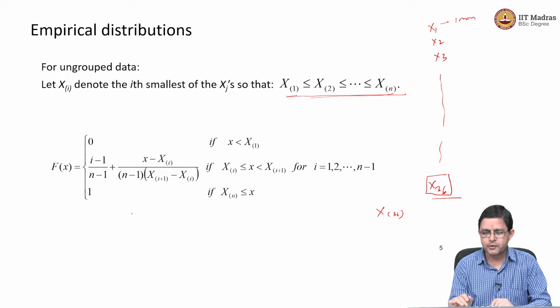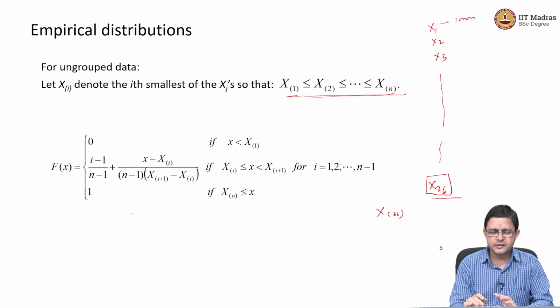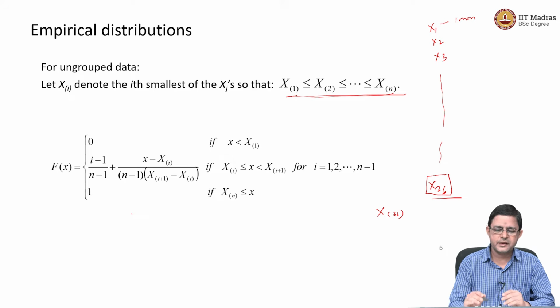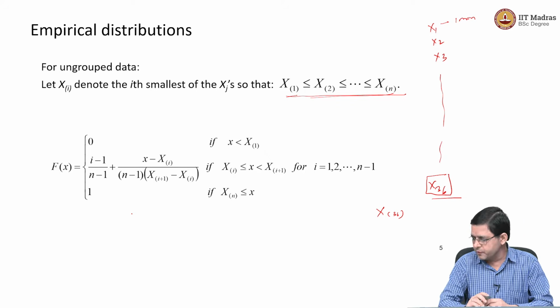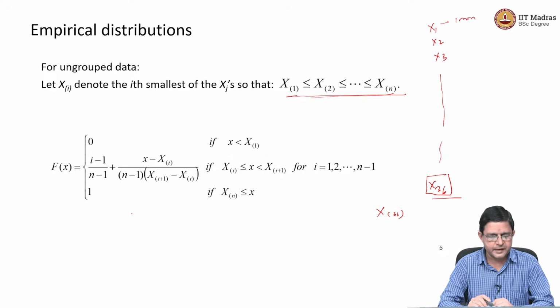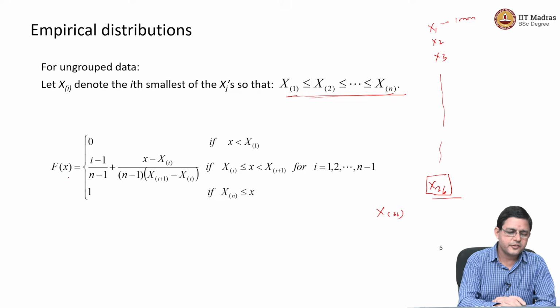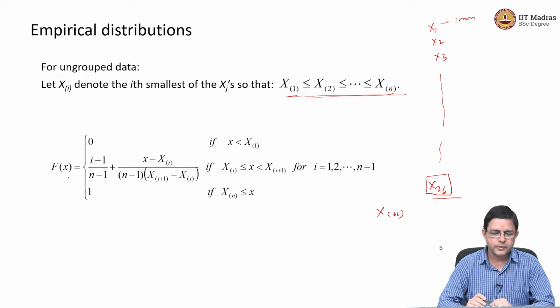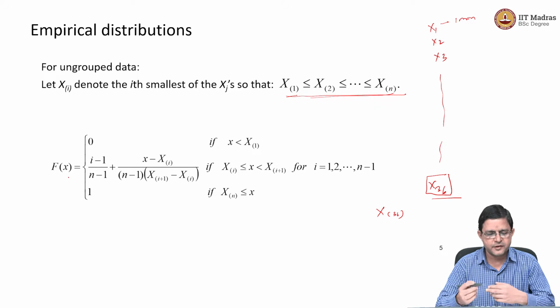This is not our own creation. These definitions are usually available in any standard statistics textbook. So, this is one way. By no means are we saying that this is the only way of defining a distribution function. Now, once we get a distribution function, we all know how to get a density function, and from the density function we know how to get moments around the mean.